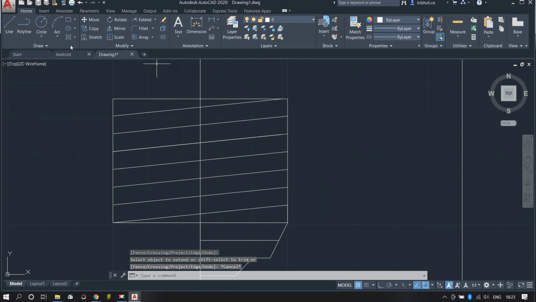Then another 5 this way, then this way it was how much? 50, and simply join it. Okay, then